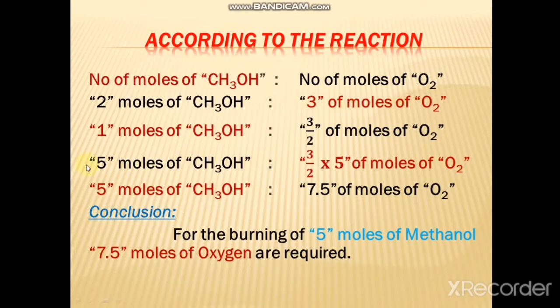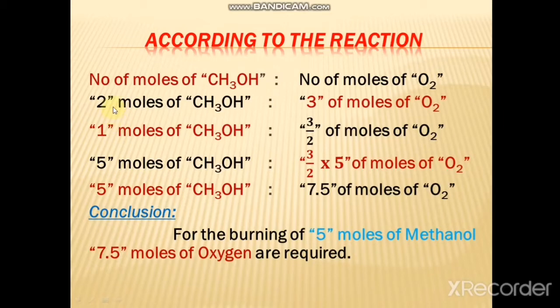as we have to find for 5 moles. So in order to find the value for 5 moles you have to use the unity value. You have to find the unity value. For example, you are asked to find moles for 5 moles, but you are given 2 moles. So for finding 5 moles, you have to find the quantity with respect to the unity factor.